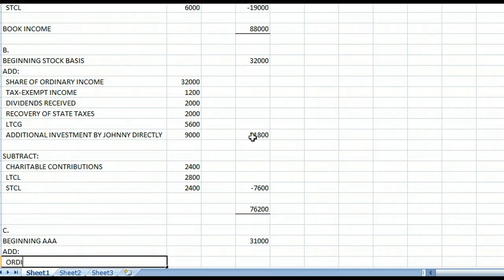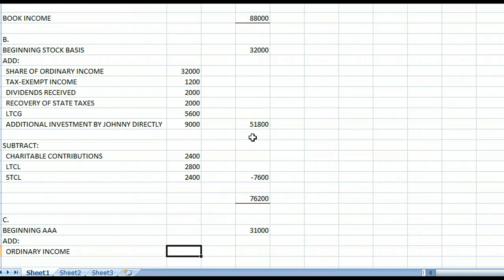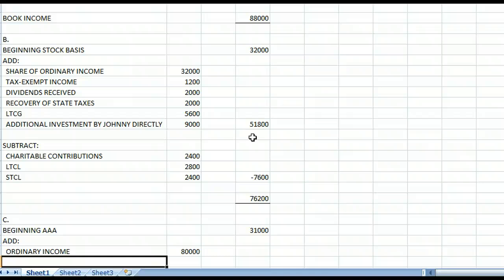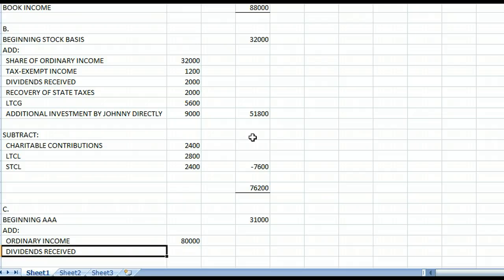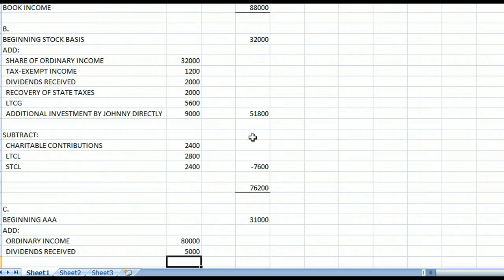First thing that will increase it will be your ordinary income. Here again, we're basing this on tax, so we want to use the 80,000. The 88,000 we computed in Part A was just so we could show how you reconcile from book income to taxable income. We're next going to look at any dividends received. So you can kind of see the flow here. We're using all pretty much the same things that we did before. In other words, we can go up here just to kind of show you that I'm pulling the same thing,